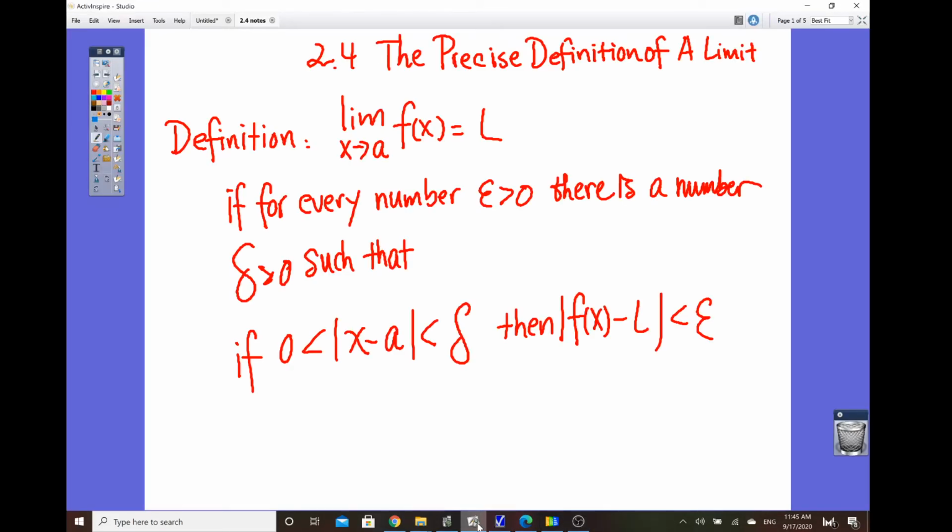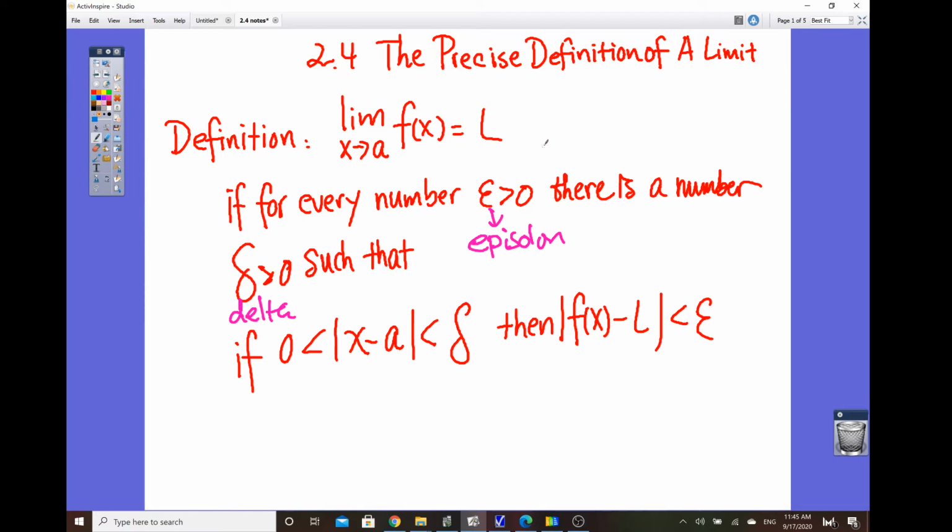So I want to talk about section 2.4 from James Stewart, Calculus: the precise definition of a limit. The definition of a limit is always written as the limit of f of x as x approaches a equals L. For the precise definition, it is considered if for every number epsilon, okay, the way to pronounce this word is epsilon, there's a number delta, okay, delta, that is greater than 0 such that